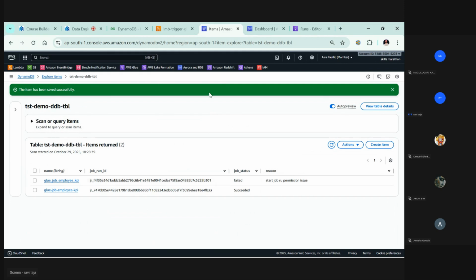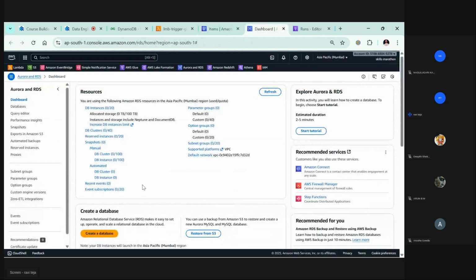Fine. Okay, let me quickly show you the RDS side as well. So this is DynamoDB till now. I know that once I have done the project, you will understand more things. But for now, just treat these as dots for you. I'm pretty sure, because these are advanced concepts,